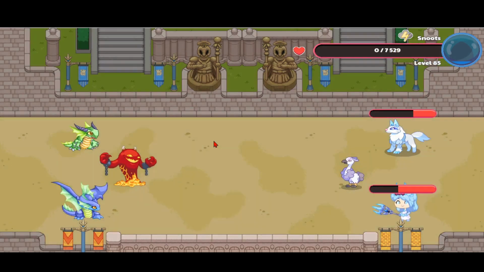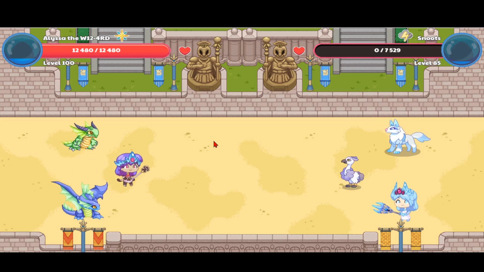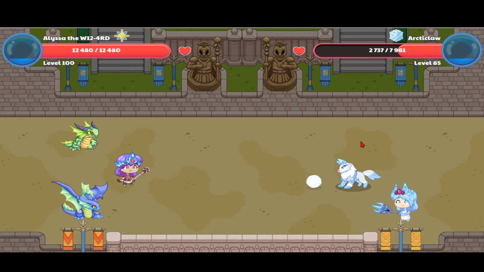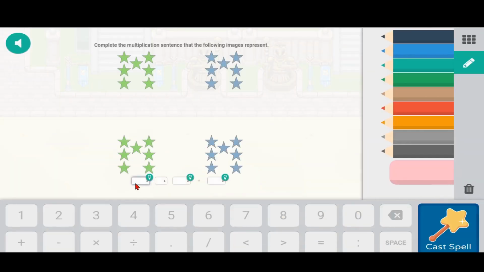So we did a good amount of damage to the Arctic Claw too. I guess fire is powerful against ice. You know, like fire melts the ice. The Arctic Claw is so cute. I can't imagine it becoming melted. It puts its head down and then howls. I love it. So I'm going to use Falling Star Smash and take out...